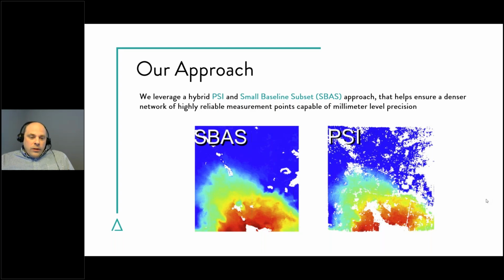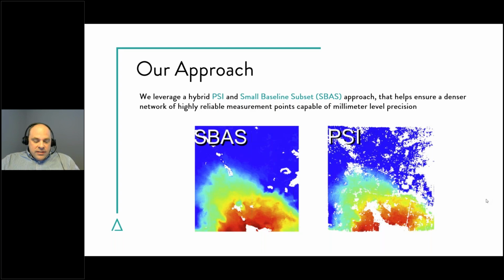Now what we can do is use small baseline interferometry to ensure that all the perpendicular baselines within a stack of data are within a certain range, which for deformation usually, if I'm really stringent, I will use a perpendicular baseline within 100 meters, so between -100 and 100. If I have less data to work with, I can go to 200 meters. But the SBAS approach also allows us to use